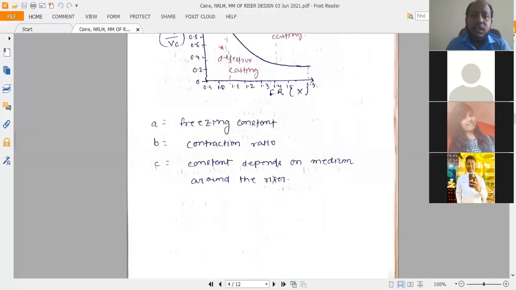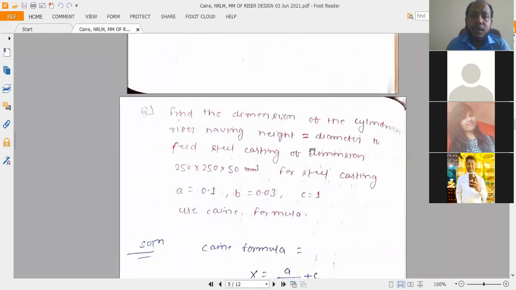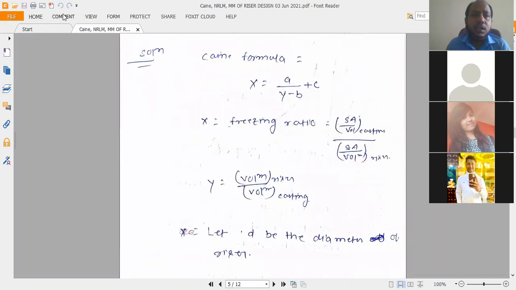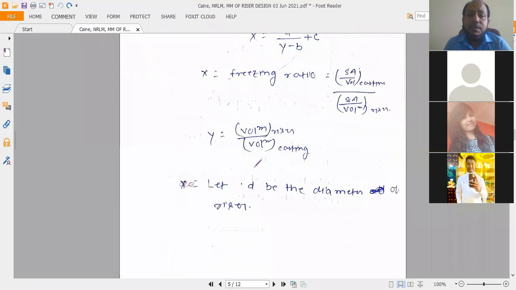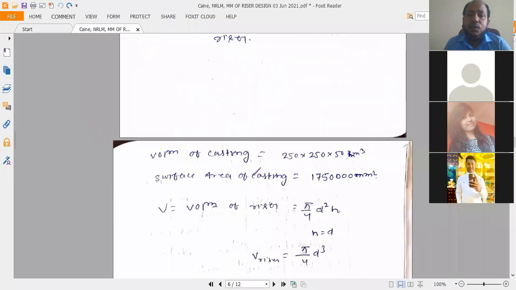So this one is the Kynes formula, where I have written all the things. X is the freezing ratio, Y is the volume ratio. X is the freezing ratio: it is the cooling characteristics of the casting, surface area by volume, and the surface area by volume of the riser. It is the ratio of the two. Then Y is the volume ratio of riser and casting. So let us define how we can calculate the